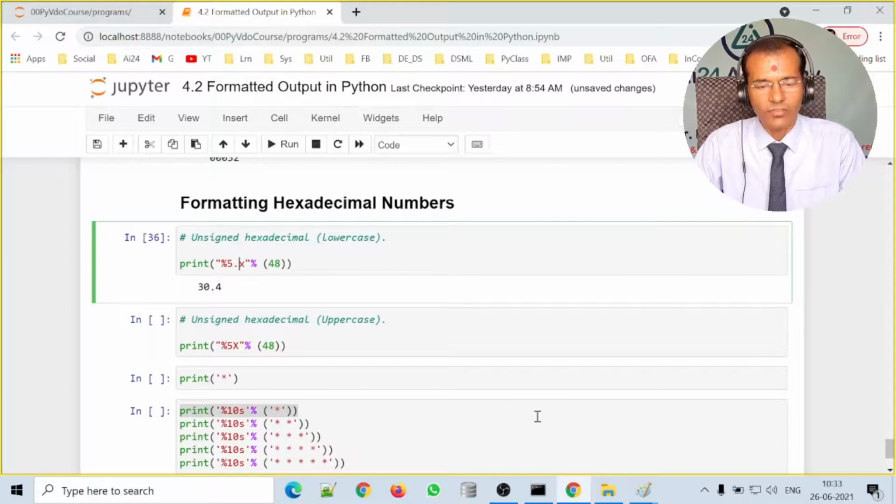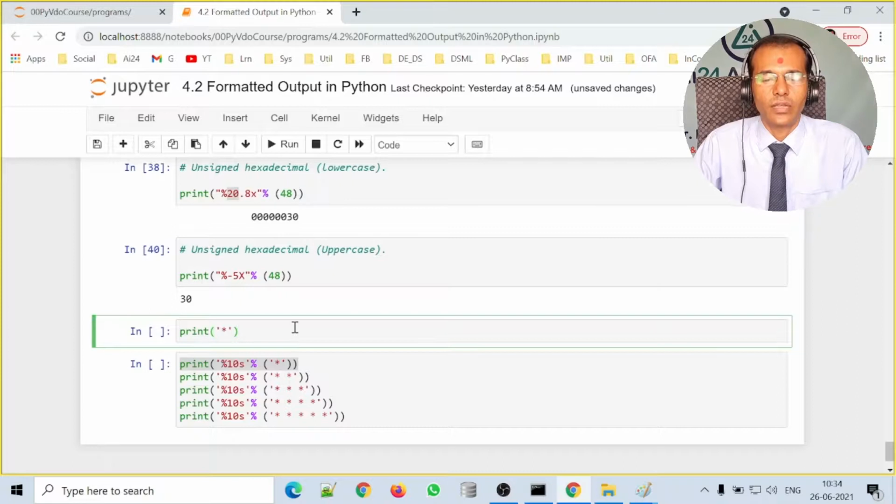Now if we specify 4 over here, then we can see that zeros are appended on the left hand side. Fine. And if we have, for example, this as 20, and if we keep this as 8, then we can see that the hexadecimal equivalent of 48 is 30, but as we are specifying 8 over here, the other 6 characters are appended, and this is printed in a total space of 20.